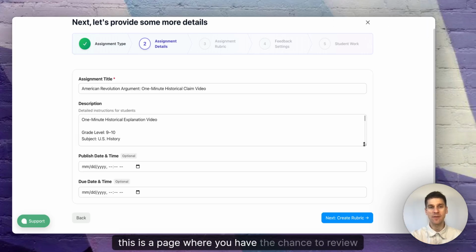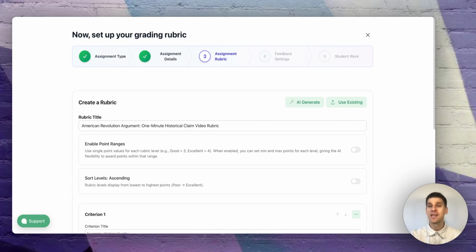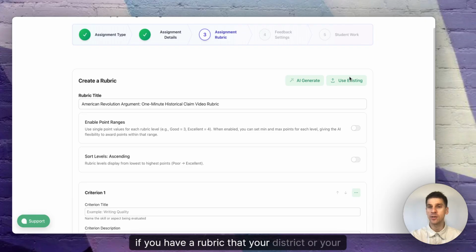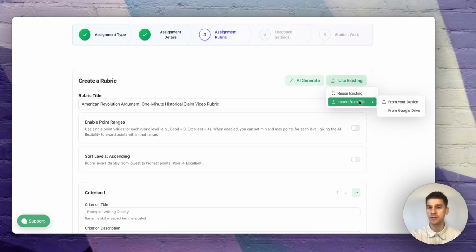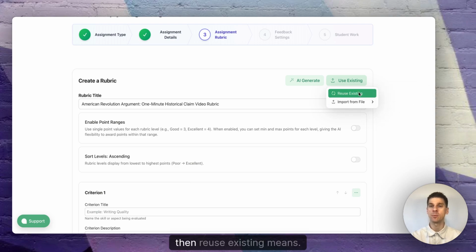All right. This is a page where you have the chance to review the assignment details. I'm going to click next, create rubric. If you have a rubric that your district or your school requires you to use, you would upload here, import from file, PDF or Google Drive. If you are a repeat user of GradingPal, then reuse existing means you can find a rubric in GradingPal that you've already used. In this case, I'm going to use AI Generate,